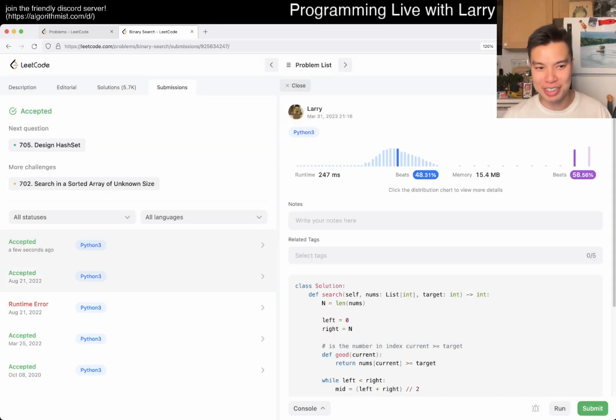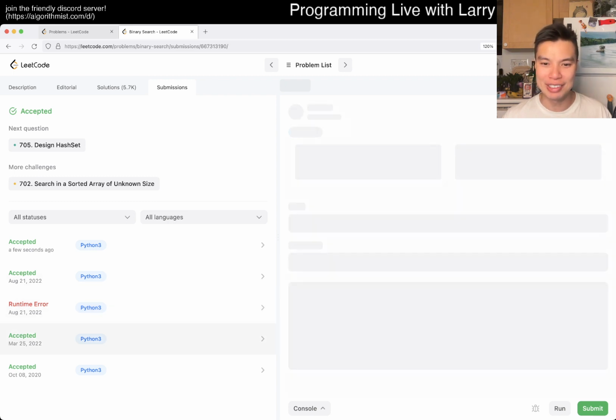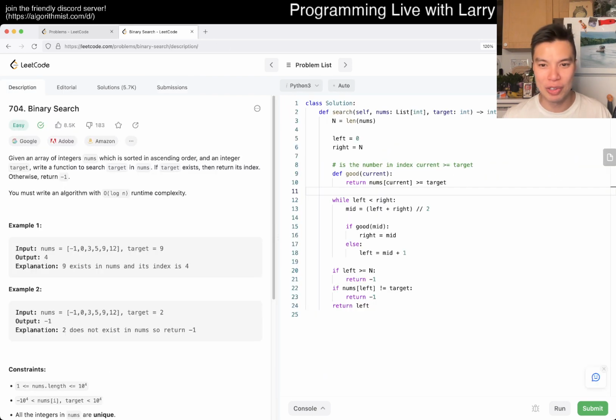Historically I get it correct 3 out of 4 times on the first try, so that's good. But as you can see, in this case I forgot that particular case. It's very easy to do. That's what I get for being lazy. This is a very standard binary search. I'm sure you realize this. Definitely practice writing it out, especially on easy questions, because it's harder to practice on hard problems.